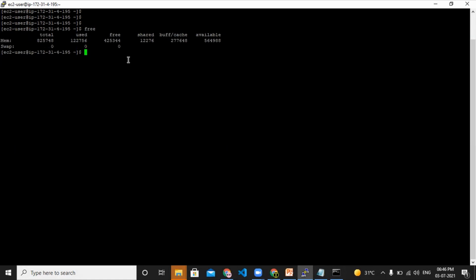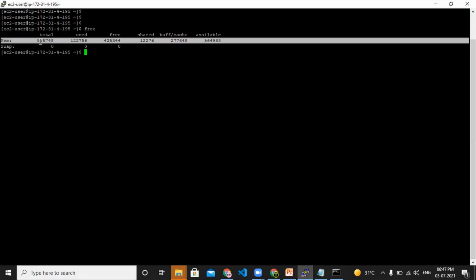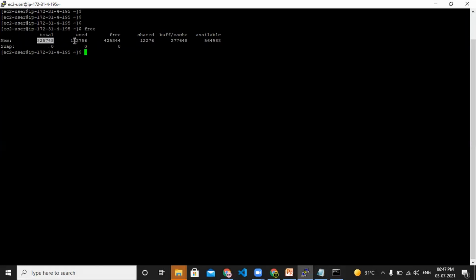Yes, sure. So here, when we run the free command, this shows the total memory, the used memory, and this much memory is free. By using this, we can understand that this machine has this much total memory, this much used, and this is free. Till here we have this much memory available, but we are not sure whether it is in GB or MB.